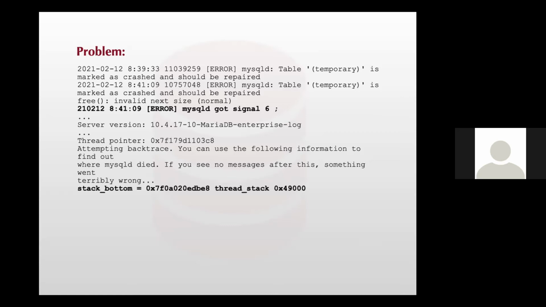I just want to explain one case which I recently worked on, and it was really interesting. You will be amazed by it. First, you will check the error message of mysqld: table temporary is marked as crashed. Normally, whenever this kind of message is logged, you will see the table name. If it is an internal temporary table, you will get something like #sql and some name. If it is an external temporary table, you will get the database and table name. But when you see just temporary, it is really difficult to tell which table it is and why this is happening.